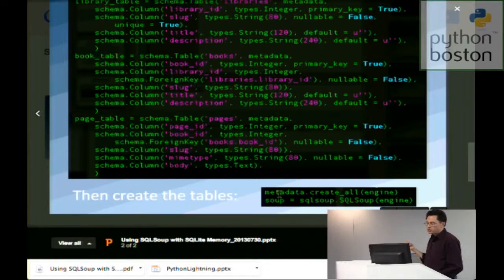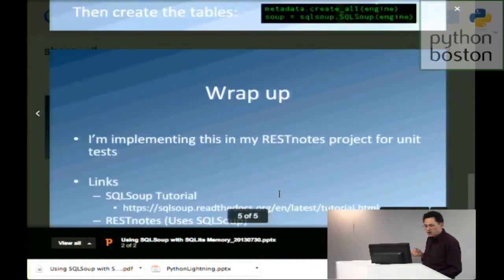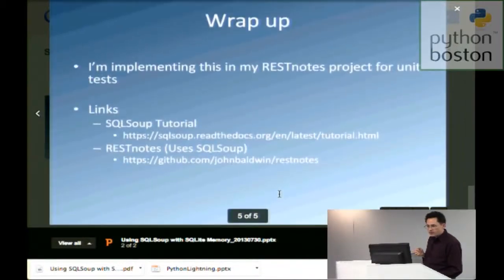So what I did here was I created a little project, and having this lightning talk gave me the impetus to actually get some code out onto GitHub. To wrap up, my little project is REST Notes. It's just a sandbox project that I'm playing around with RESTful APIs, with the idea of storing content with libraries and books and pages. And I plan on continuing to work on this,